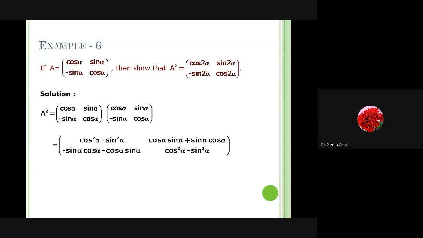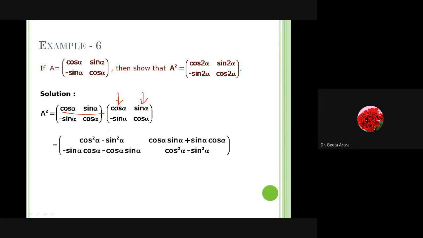And how are we going to do it? Again, we do it in the same way as we have performed earlier. Let's see what we have done. Here we have again row elements multiplied with the column elements and written down as the first element. Then again the same row multiplied with the second column will give me the second element. Let's verify it. Cos alpha into cos alpha gives me cos square alpha. Sin alpha into minus sin alpha gives me minus sin square alpha. Similarly, if you go to the next column, this one column is finished and we have written an expression over here. If we go to the second column, here also we have cos alpha into sin alpha, and then plus sin alpha into cos alpha. Minus will appear when it exists, otherwise it will not exist. Correct?